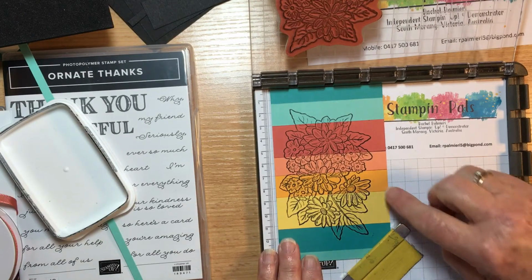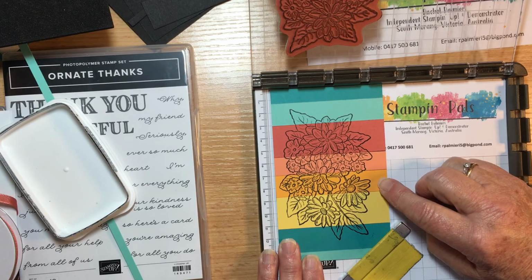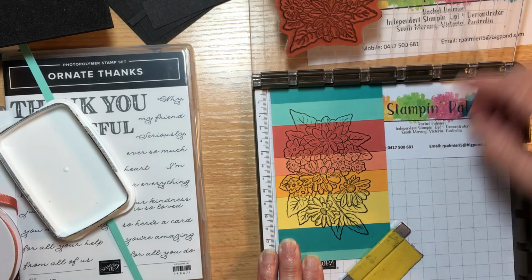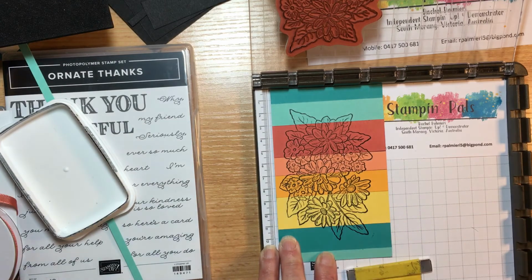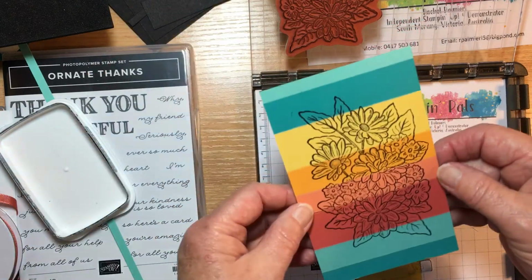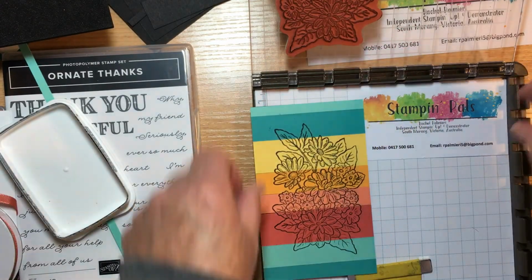Now the other thing I'd thought about doing was heat embossing it, and I think it might have been quite nice if I had, but I'll leave this one for now. And I'm going to have